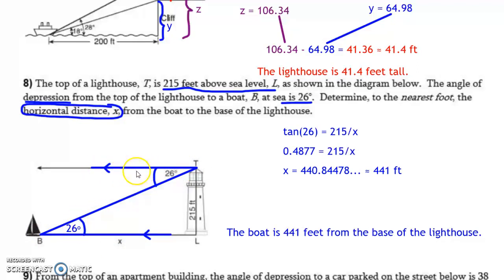And it's because of this alternate interior angle theorem, that Z theorem that we learned about all the way back in one of the earlier chapters in geometry. Anyway, once you know that piece of information, this is a piece of cake. Opposite over adjacent means we're going to use tangent, 215 over x, and we solve it out to get 441